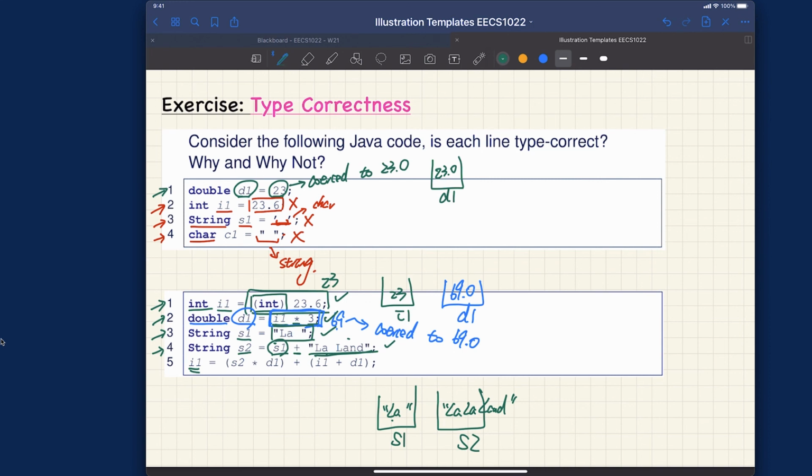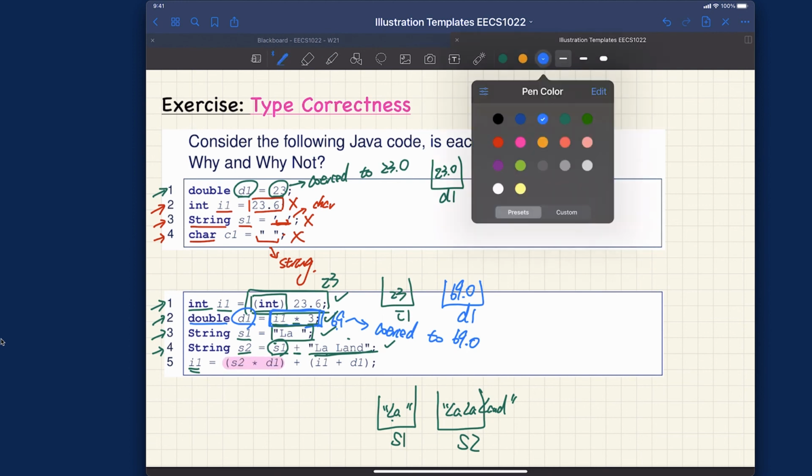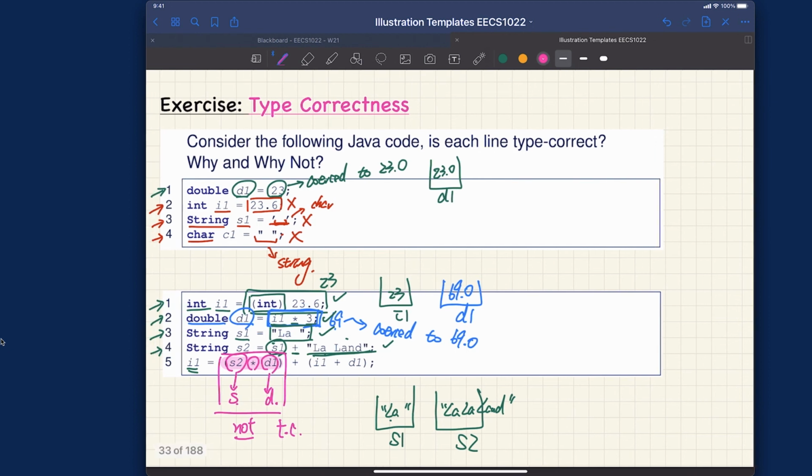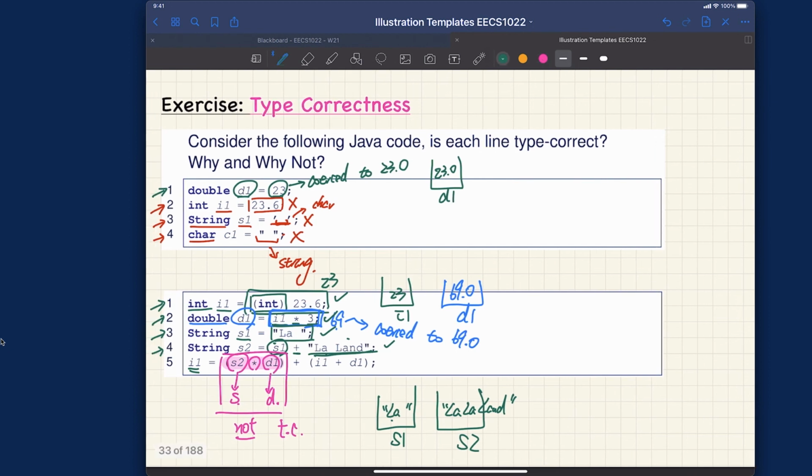Okay, so now hopefully you can see already that's not good. You can see here S2 multiplied by D1. This doesn't make sense. S2 is a string. D1 is a double. You cannot apply multiplication in between. So this part over here is already not type correct. Okay, you simply don't know what type it is. Even though this part over here, when you try to add up I1 plus D1,